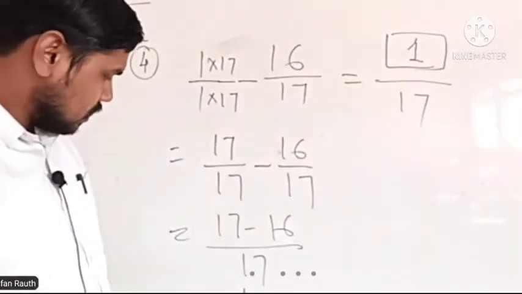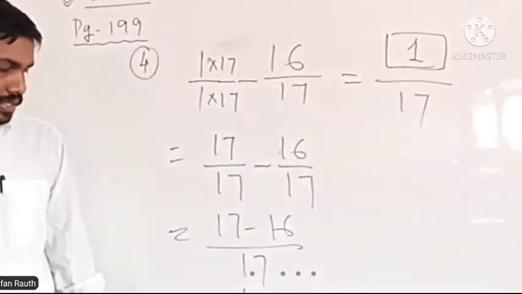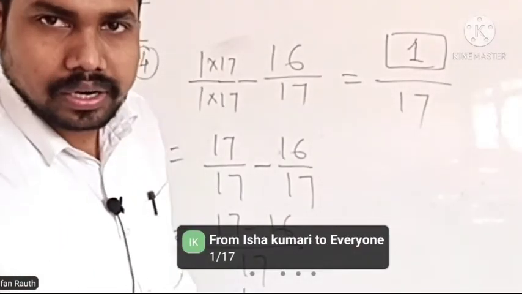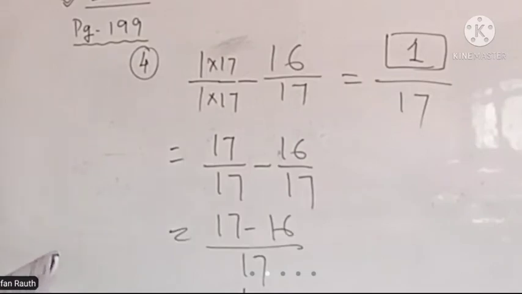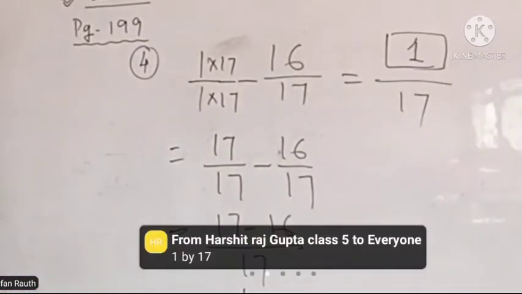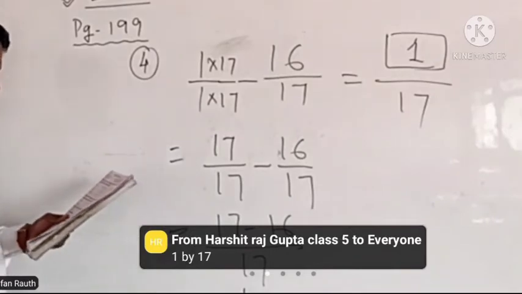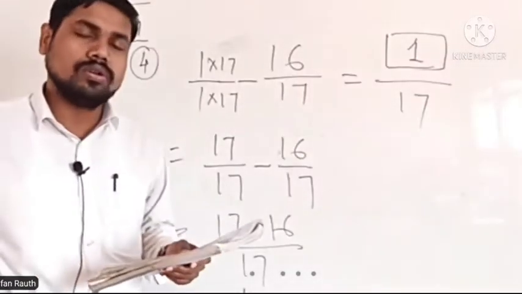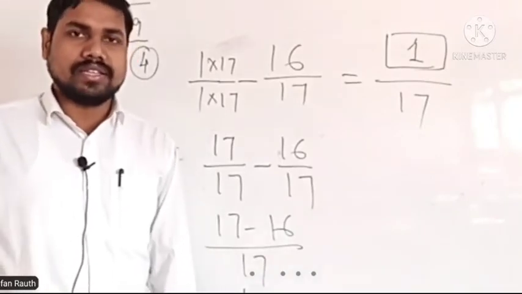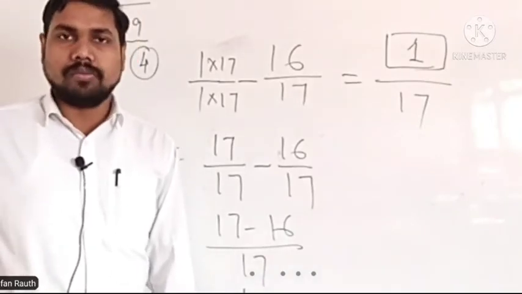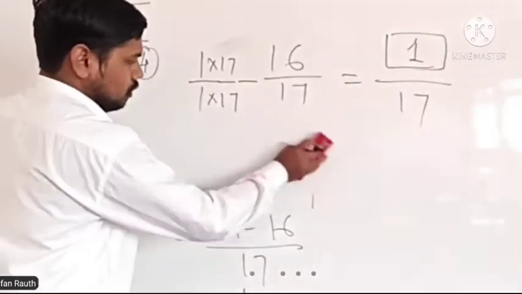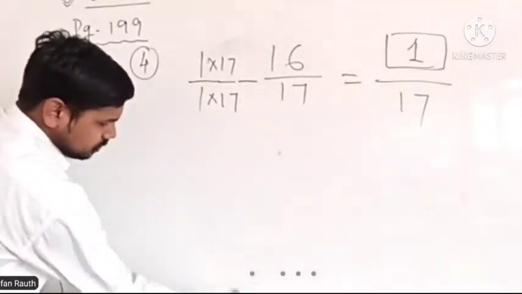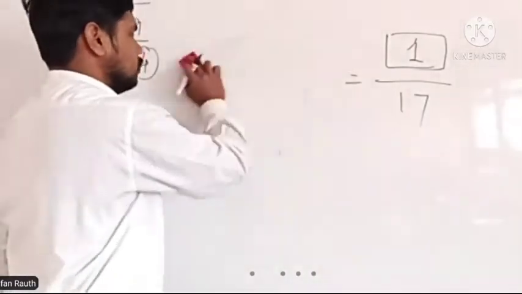Okay, so whoever got 1 by 17 as the answer, that is absolutely correct. Exactly, yes, 1 divided by 17. So very simply you can do the further questions, like 1 plus 9 by 11 will also be the same. So question number 5, I hope you will make it. Question 5 will become 11 plus 9, so 20 by 11. So 20 by 11 is an improper fraction, so you can convert that into a mixed fraction. When we have improper fractions, we normally convert them into mixed fractions. So let us see further question number 5.